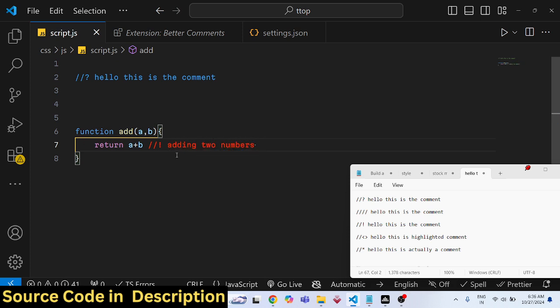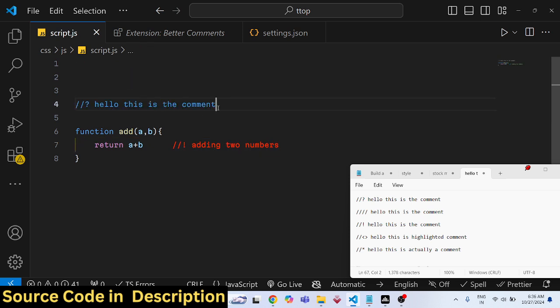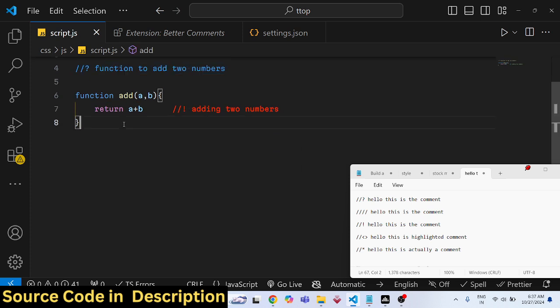So these are all comments, just with the color changed. This is the alert comment, this is the info comment, and the third one is